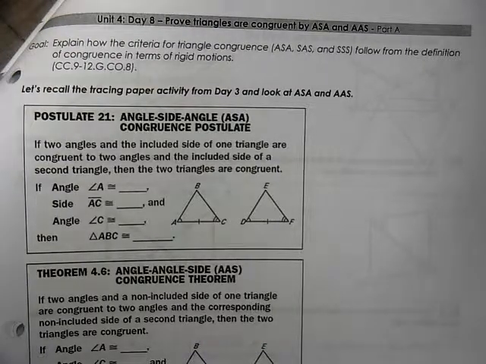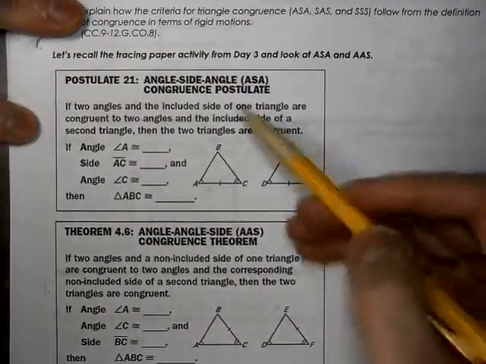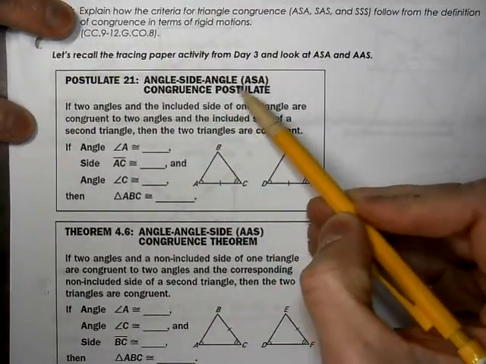This is Geometry, Unit 4, Day 8. We're proving triangles congruent by angle side angle and also angle angle side. So when you look down here, we're looking at our postulate